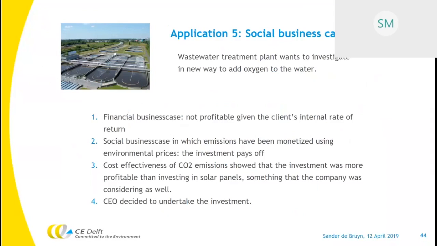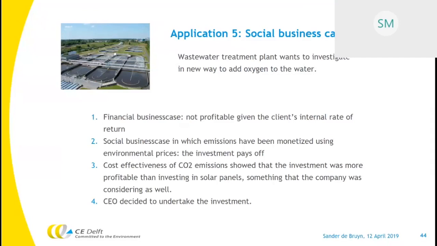That was not yet decisive for this company to undertake this investment, but then they were discussing the cost effectiveness of this new technique compared to a plan that they already had to install solar panels in their territory. And then it turned out that this actually was a cheaper way to internalize external costs than solar panels. And that actually made them triggered to undertake this investment and to postpone the investment in solar panels until the next investment round. So it is kind of a way to prioritize the investments that you want to take